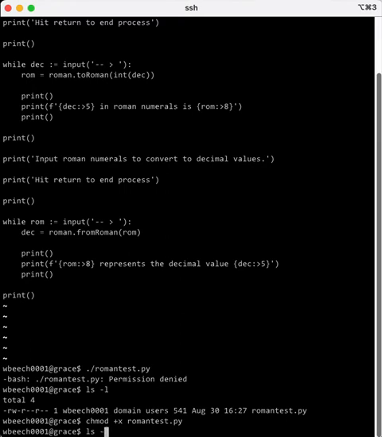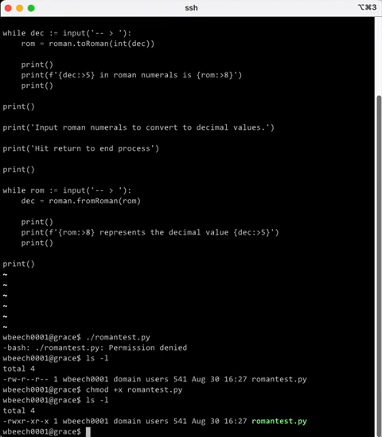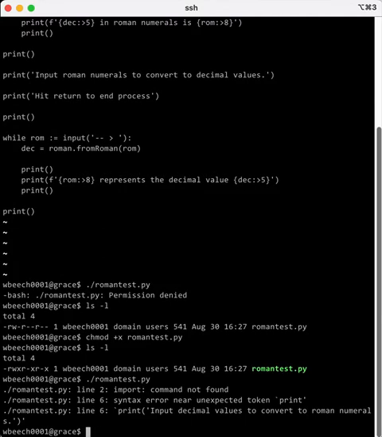If I go back and look at the permissions real quick, you'll see that now I have the execute permission set again for user, group, and other for romantest.py. So now if I run this and say ./romantest.py, it's going to run this script instead of giving me permission denied. So let me do that, and you'll see that I get